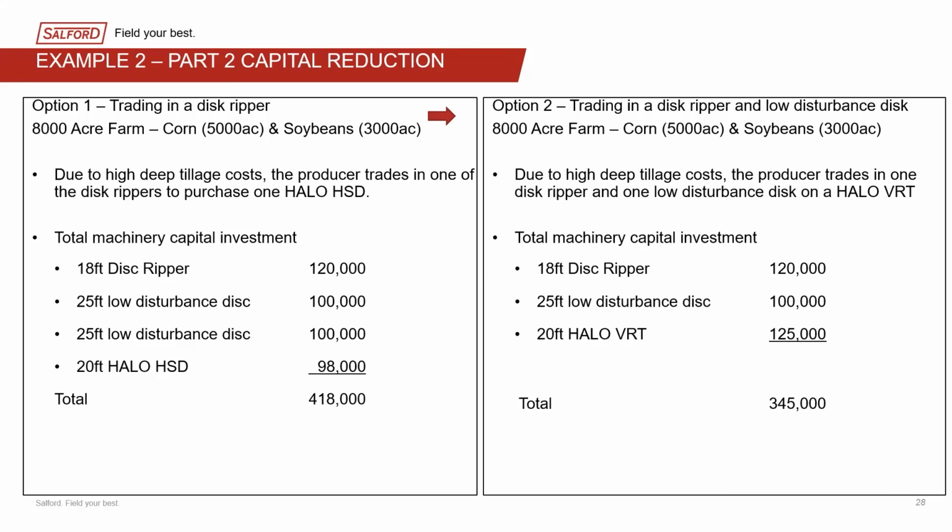So on the left-hand side of the screen, you will see basically what your capital investment is. And these numbers are your original investment. So I realize as machines go through their life cycle, trade value and all that changes all around. But this is what this farmer would have had tied up in capital on original purchases if he had switched one of those disc rippers